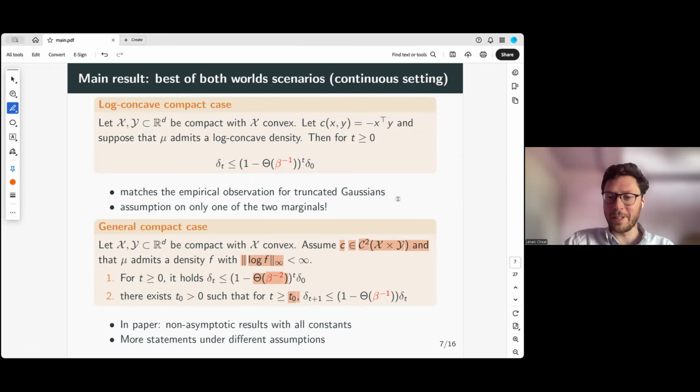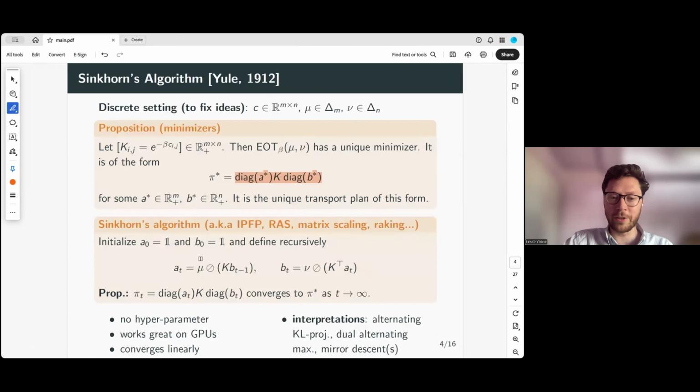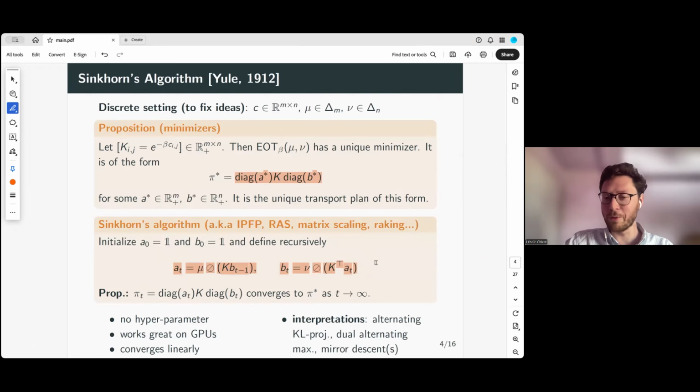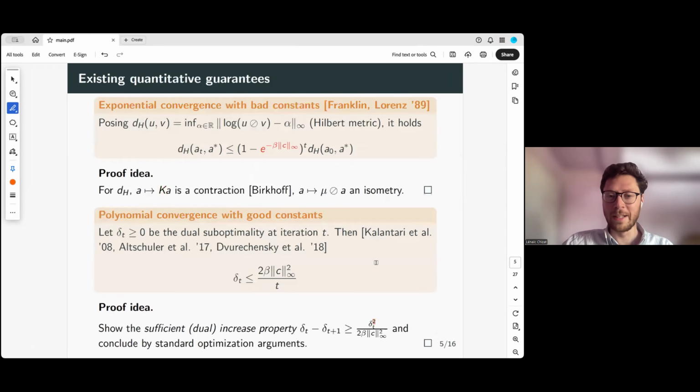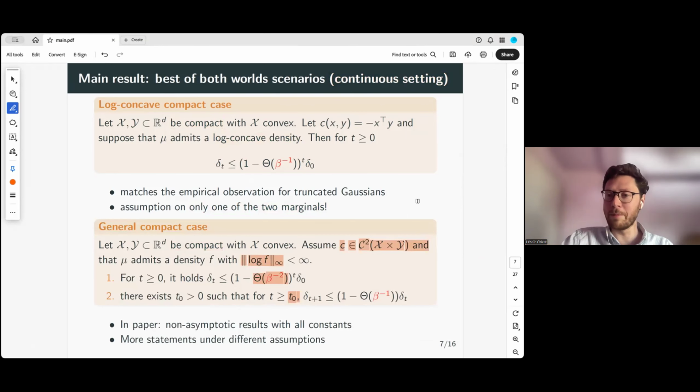What we are studying is these iterations, like Sinkhorn iterations, which you can perfectly make sense of in a continuous setting for arbitrary measures. But of course, these operations you cannot implement on a computer when it's infinite dimensional. So essentially, we are studying a setting which cannot be implemented exactly, but which captures better the practical behavior you get, even in the discrete setting, as long as there is some continuous